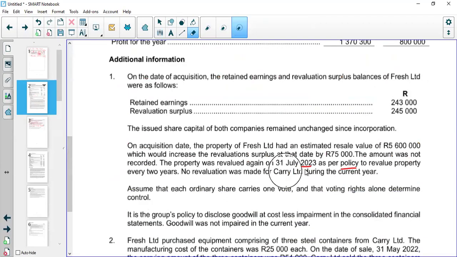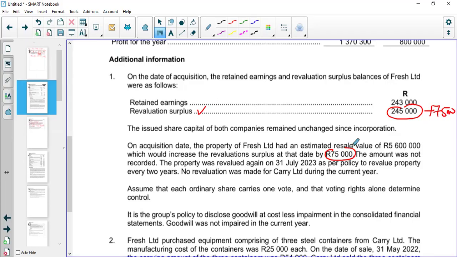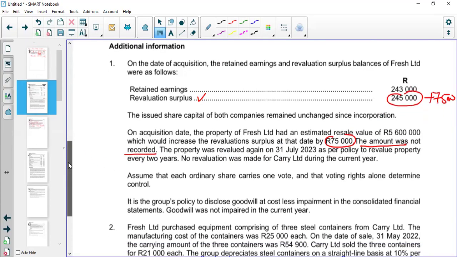So if you listen here, the carrying amount, if we go into the records of the book of the subsidiary on this date, they have 245. Then we assess the assets and liabilities, and then we see that in determining the fair value of the assets and liabilities, the fair value of property has a gain of 75,000, which is a revaluation surplus. So we have to add that. Right. But you see that the amount was not recorded. So when there is now a revaluation,